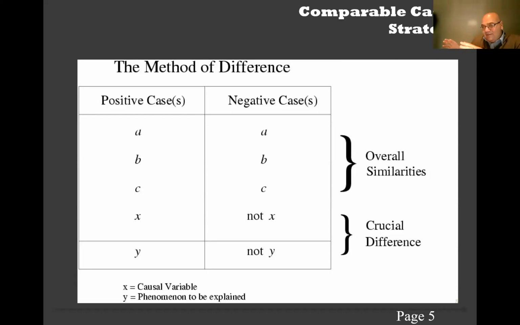If you are sure that all other things are the same, you can see that X is the reason. This is the method of difference. Everything is the same, only one variable changes. It's a good strategy if you can find two totally similar cases. Think about, we were talking about democracy in Turkey because we assume that Turkey is a